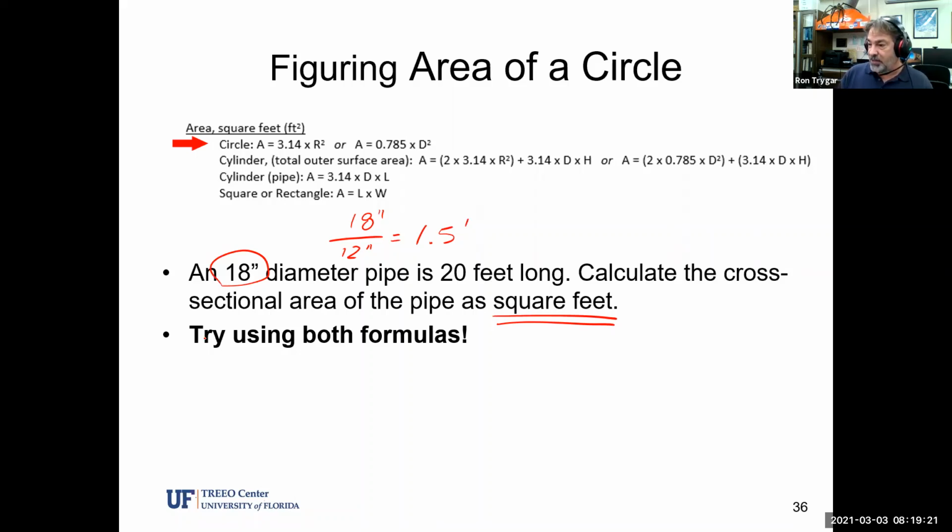So let's work this out. Since we've been given diameter, many people say, well, I'm just going to use the 0.785 method because diameter was given to me. So 0.785 multiplied by 1.5 feet by 1.5 feet. And what is my cross-sectional area of the pipe? So 0.785 times 1.5 times 1.5. So I've got on my calculator